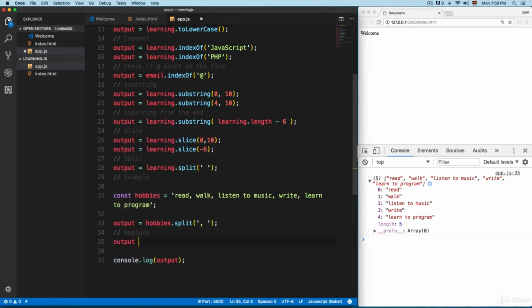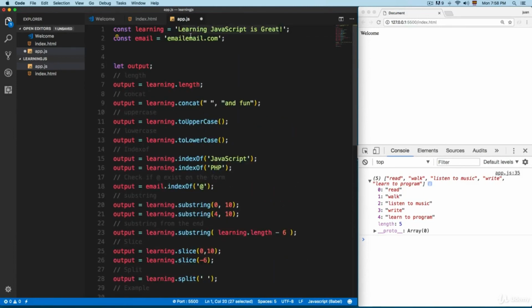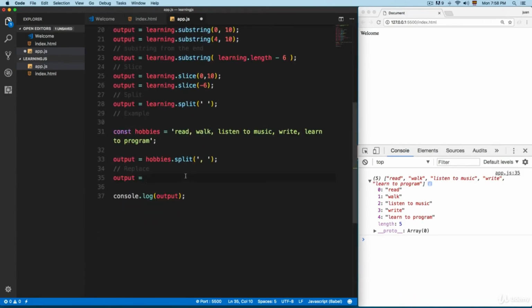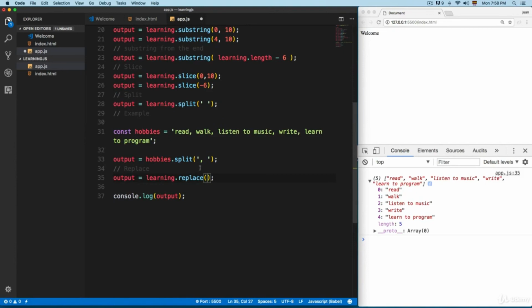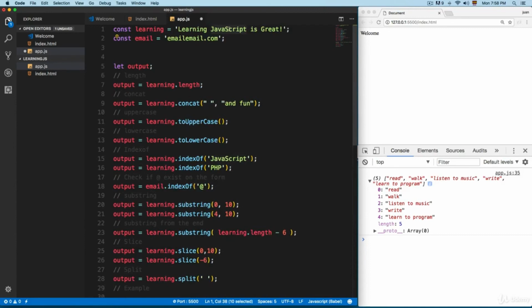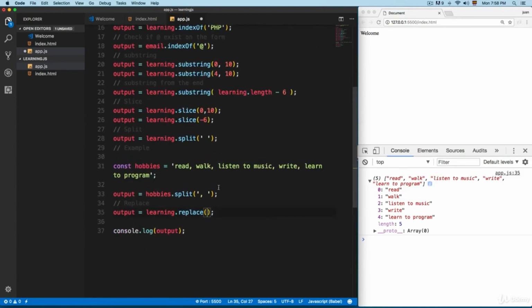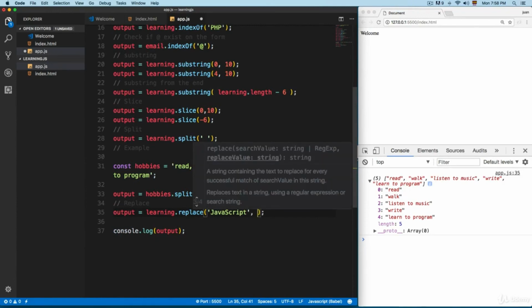We're gonna add output equals, and let's say that you have a string like this, and you want to replace only one keyword. You can use the replace method. It's going to be like this, learning, and we're gonna add a dot, and we're gonna replace this. Replace takes 2 parameters. The first one is going to be the keyword that you want to replace. Let's replace the JavaScript keyword, and we're gonna add single quotes JavaScript, and then the second parameter is going to be the text that is going to replace JavaScript. So we can add modern JavaScript